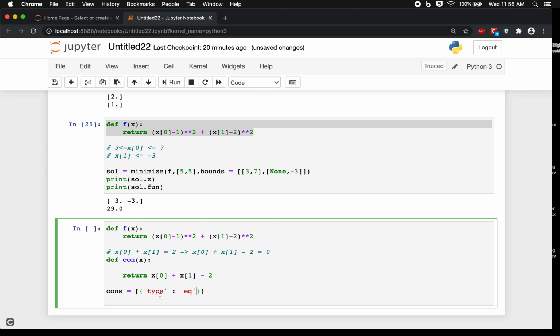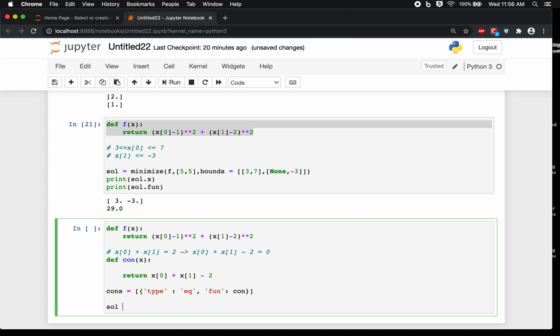And we're going to force it to be an equality constraint, right? So this is an equality. I'll do an inequality in a second. And then we're going to do the function, and then we're going to put in our constraint function. And so when we want to minimize this, we're going to do sol minimize. We're going to minimize our function. We're going to give our initial guess. Maybe we'll do 3, 3. And even though it doesn't satisfy the constraint, we can still just give it an initial guess. It'll figure that out. And then we can do constraints